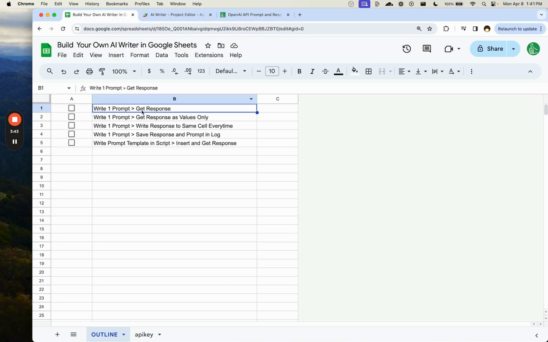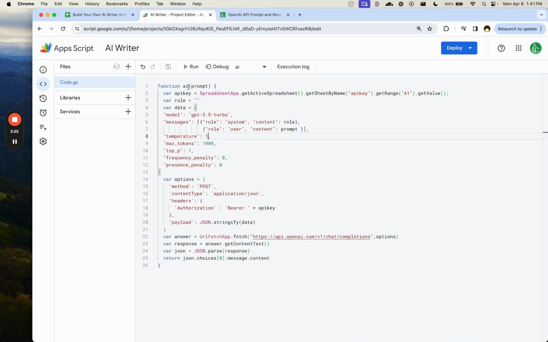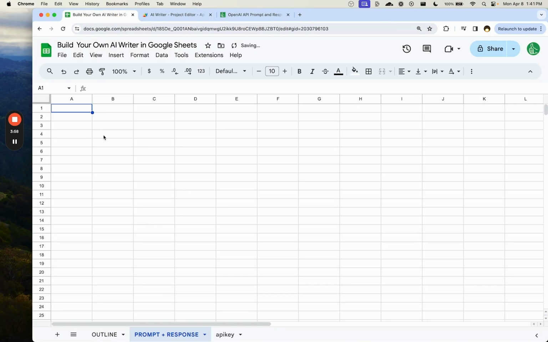For our temperature. Okay, write a prompt, get a response. So let's create a sheet called prompt plus response. And all we're going to do is use this function AI. We're going to write a prompt here: write one great idea, YouTube video idea about writing inside of Google